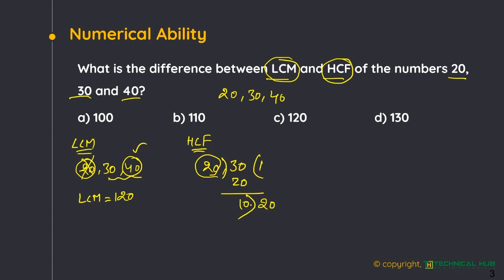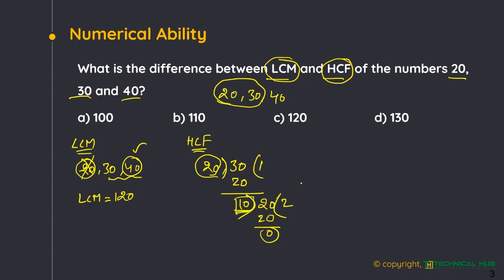2 times 10 is 20. Remainder is 0. Here the HCF of 20 and 30 is 10. And then